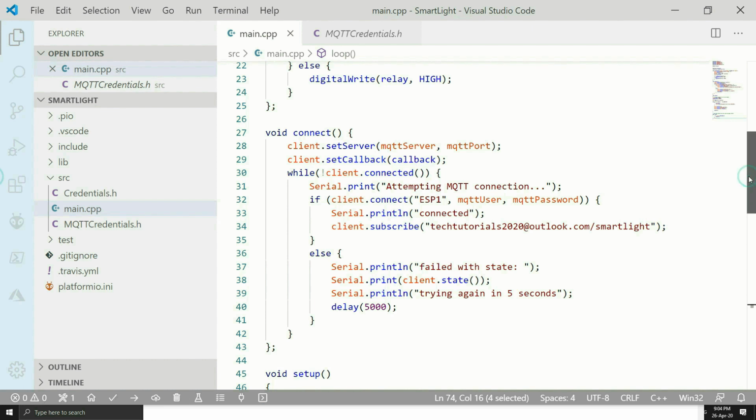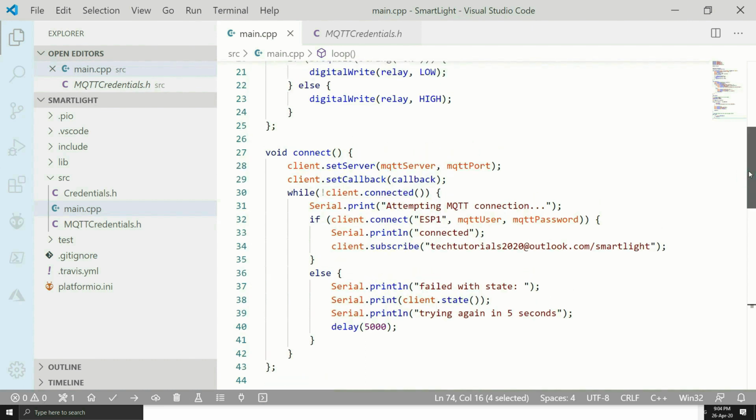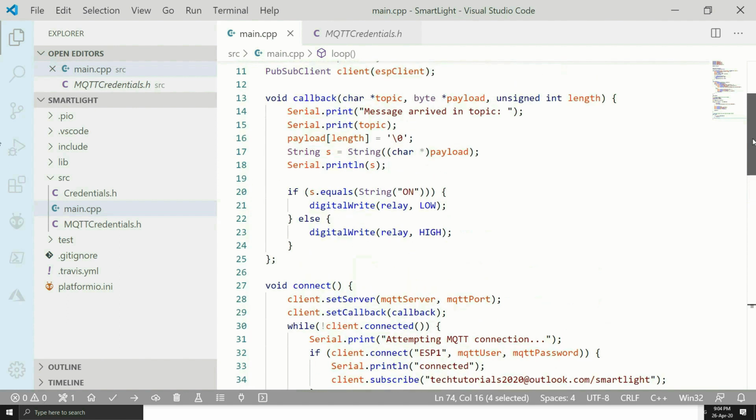After that, whenever there is any message on the broker, this callback method will be called, and depending upon what the message is, if it is on or something else, we will execute this particular piece of code and turn on or turn off the light.